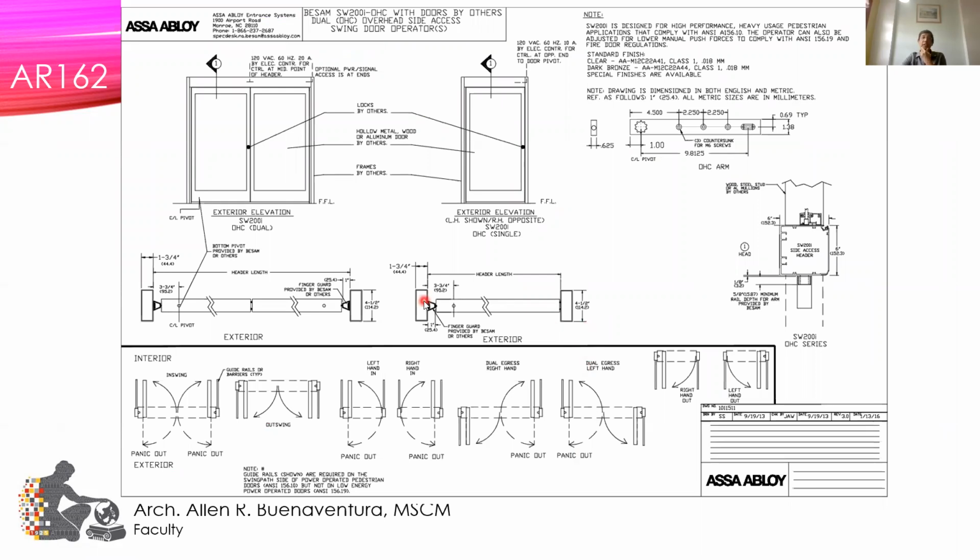This is a glass swing door. This is made of glass. As you can see, this can be aluminum. This can be wood. This is the swing of the door, as you can see in the drawing. There are different types. If you put double action hinges, it can swing on both ends.